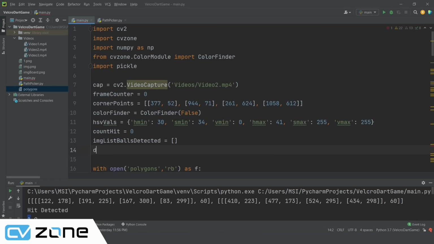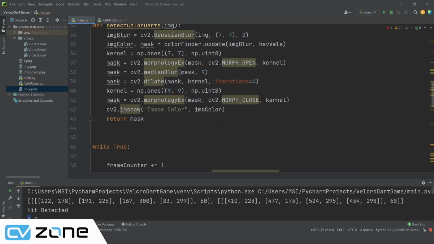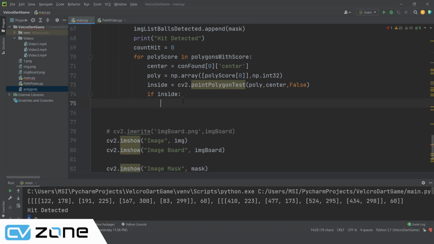We will call it draw ball, or let's say hit draw ball info list. So once the ball is hit, the drawing information will be inside here, so we can draw again and again. So inside this list, we are going to append